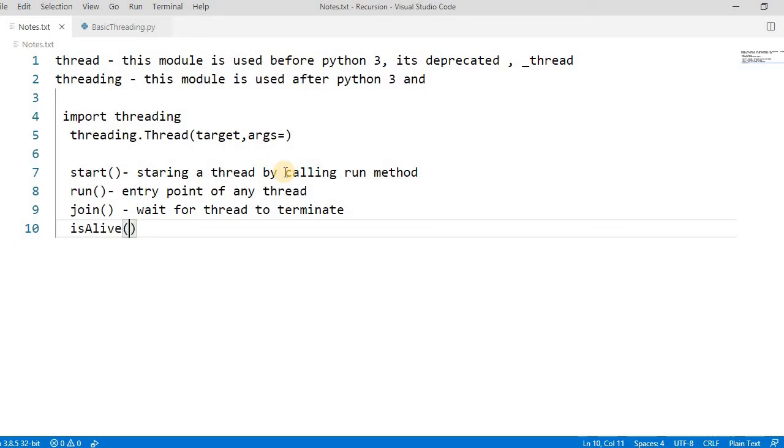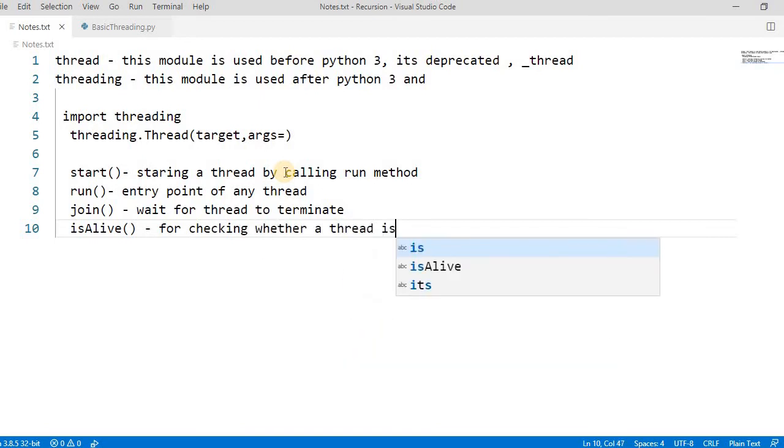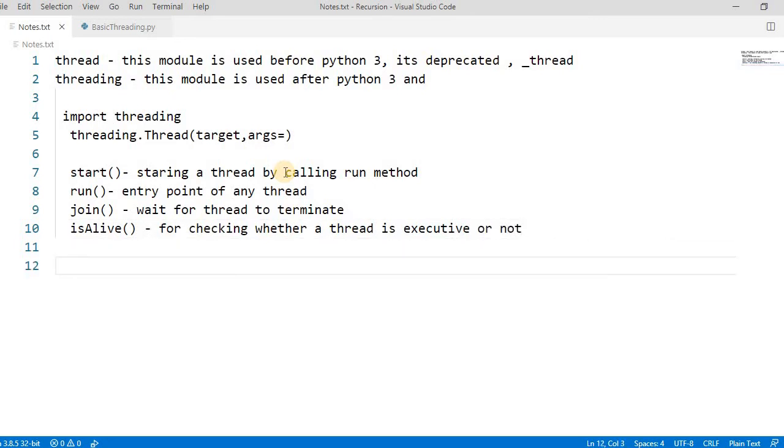There are also get_name and set_name for getting and setting the name. One more thing you must be aware of is threading.active_count, which gives you the count of active threads in your program.